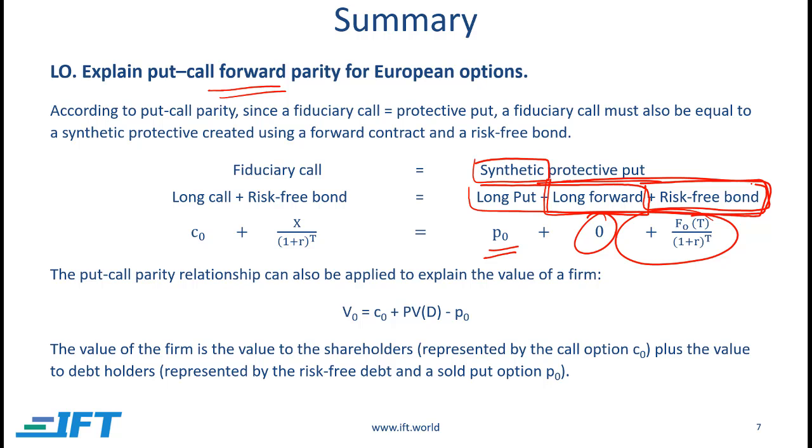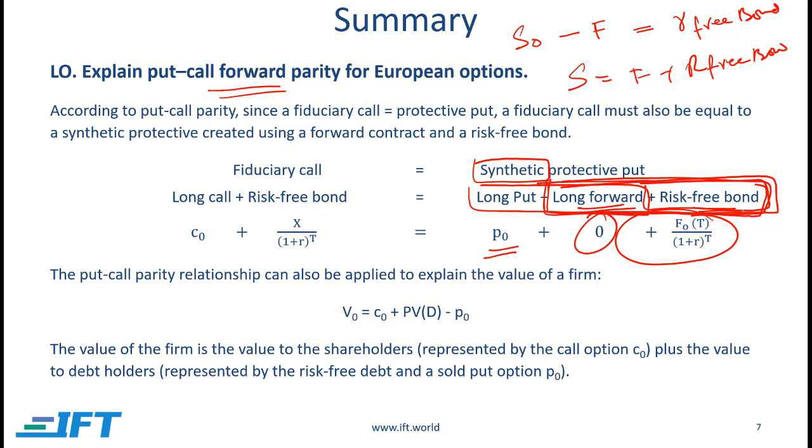And why is that? Because we said that if you buy an asset and you sell a forward, then what you earn is the risk-free rate or a risk-free bond, right? So we said since a stock minus a forward is equal to a risk-free bond, therefore a stock is equal to a forward plus a risk-free bond, and therefore we replaced a stock with a forward and a risk-free bond over here, and this is what we call a synthetic protective put,